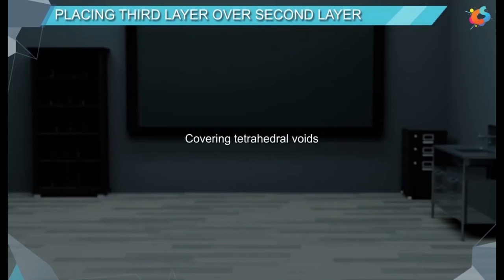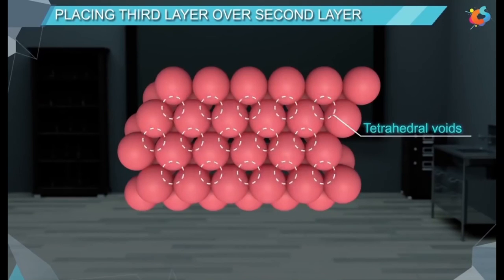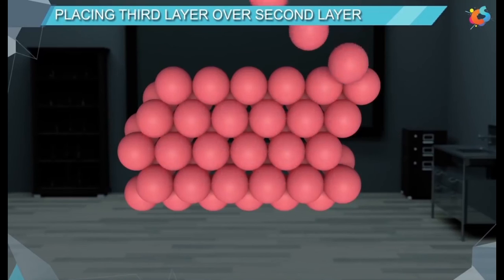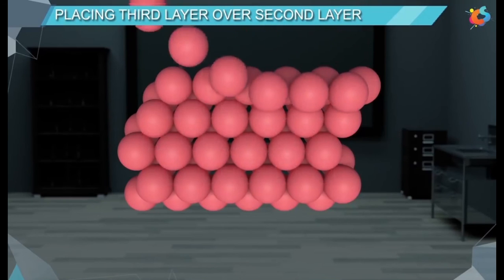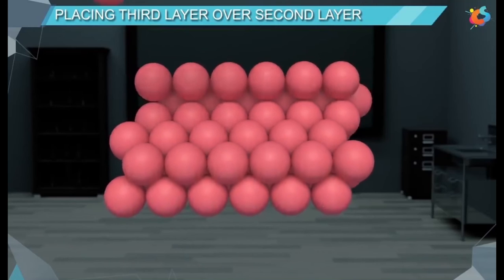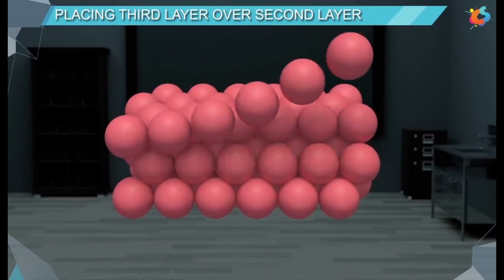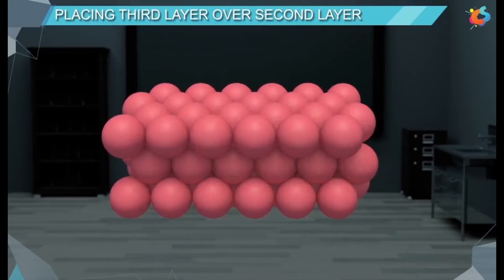By covering tetrahedral voids: the tetrahedral voids of the second layer can be covered by placing the spheres of the third layer over them. On doing so, the spheres of the third layer will get exactly aligned with the spheres of the first layer.